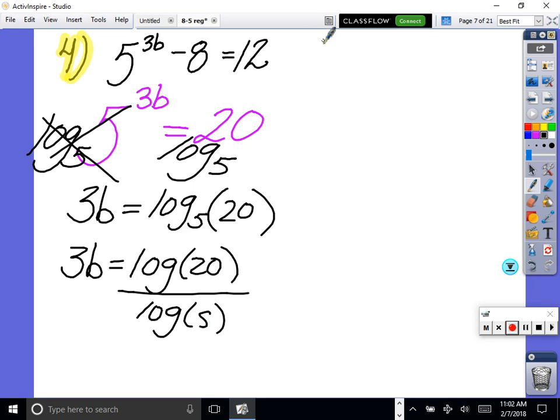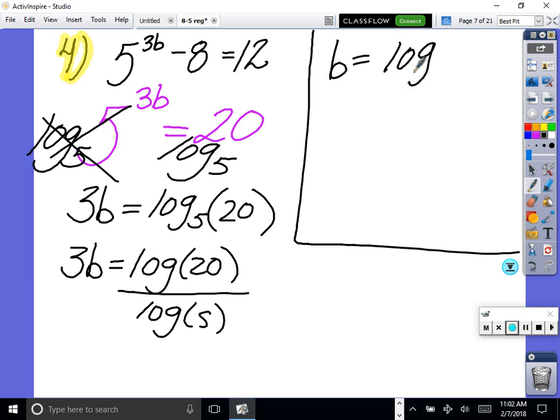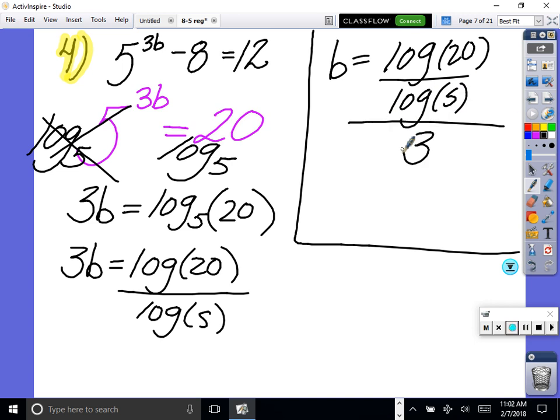Okay, so this is the pretty answer. You're going to have a little box with your answer. b is equal to log of 20 divided by log of 5, then divided by 3. There's your pretty answer. Then you'll say b is equal to, give me a decimal. Okay, cool. Let's read our instructions. How many decimals? That's 4 decimal places. So our answer is 0.6